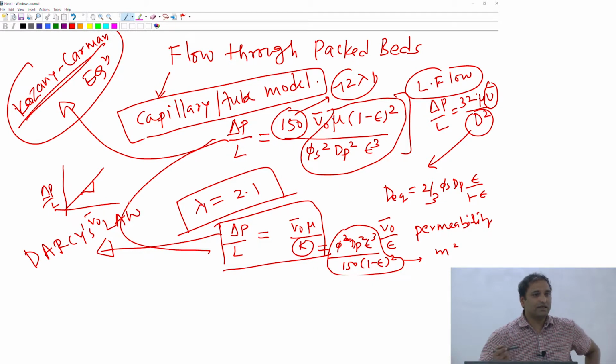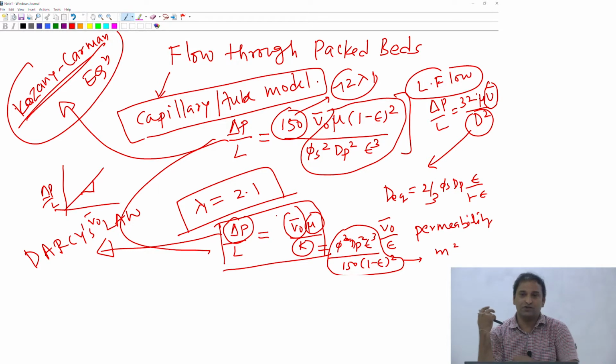which essentially states that the velocity with which a liquid is flowing through a porous media is proportional to delta p, which is the pressure drop, and inversely proportional to mu, which is the viscosity of the fluid. And if you go back and look at other disciplines, especially civil engineering, you will always come across cases where people are looking at porous rocks, people are looking at flow through